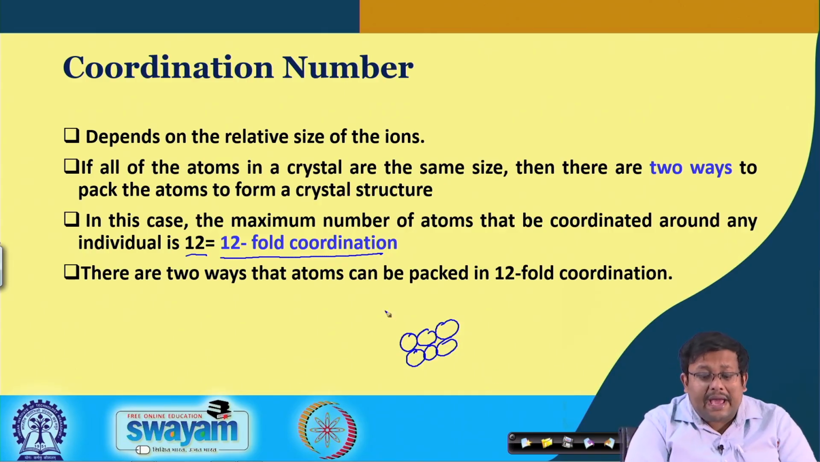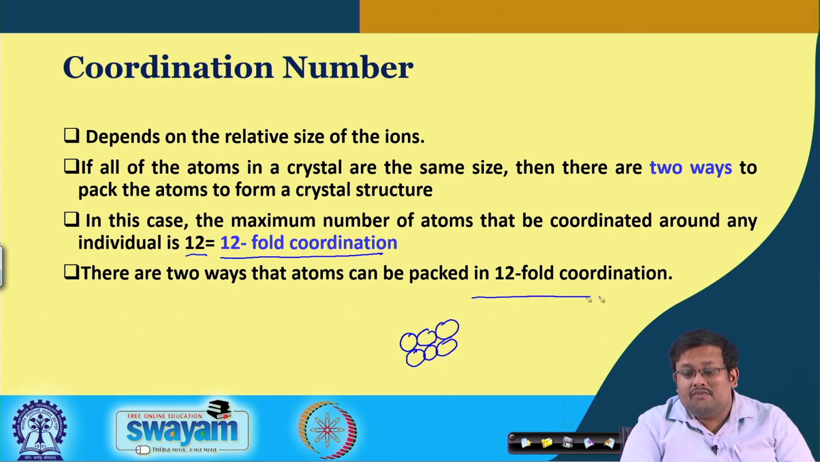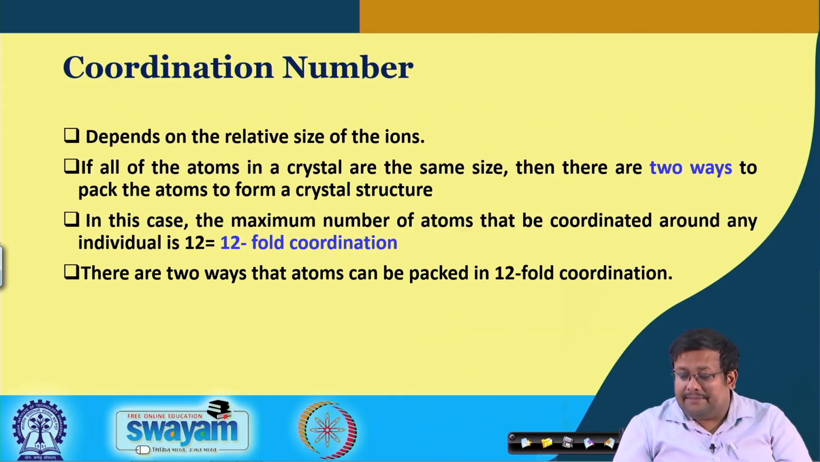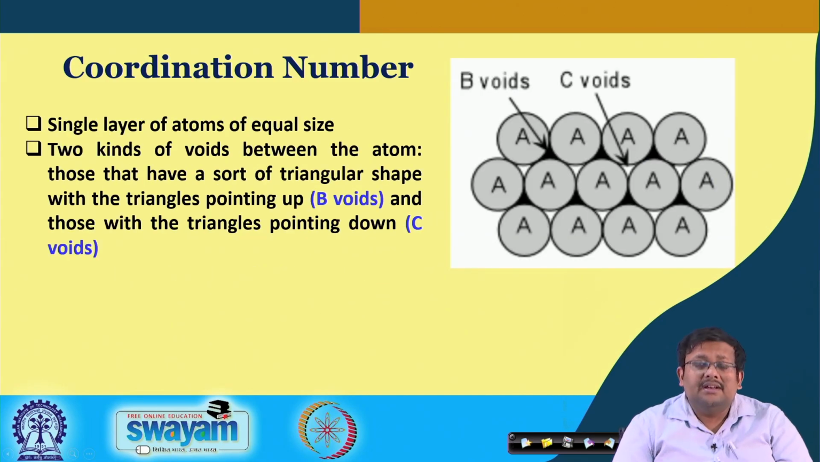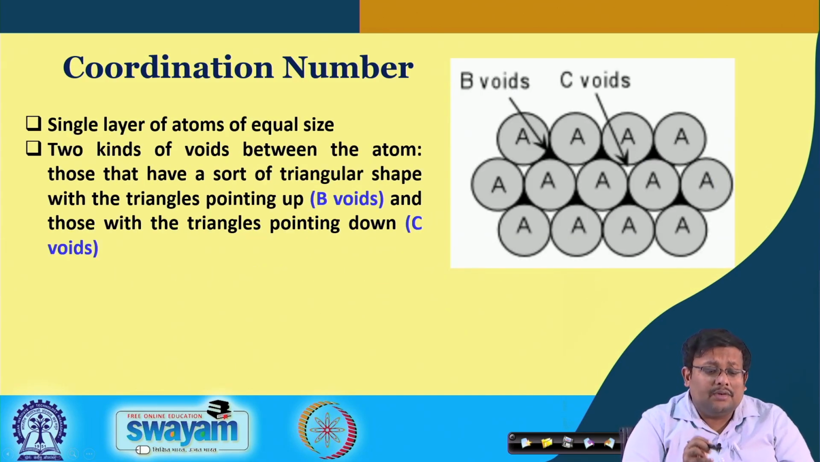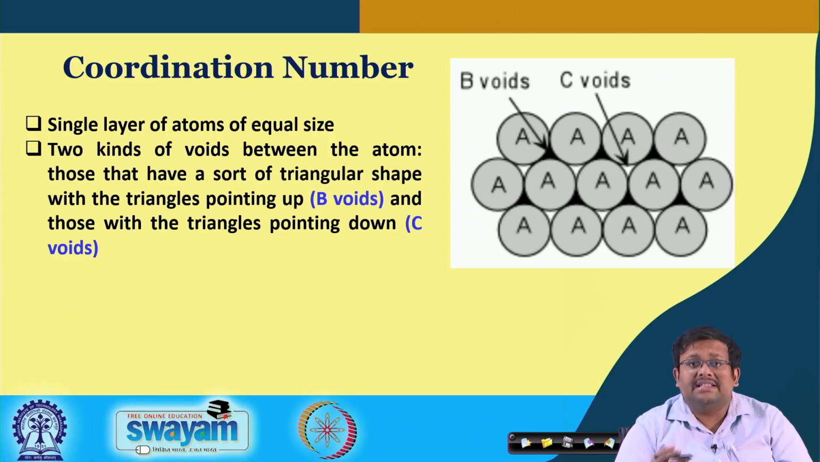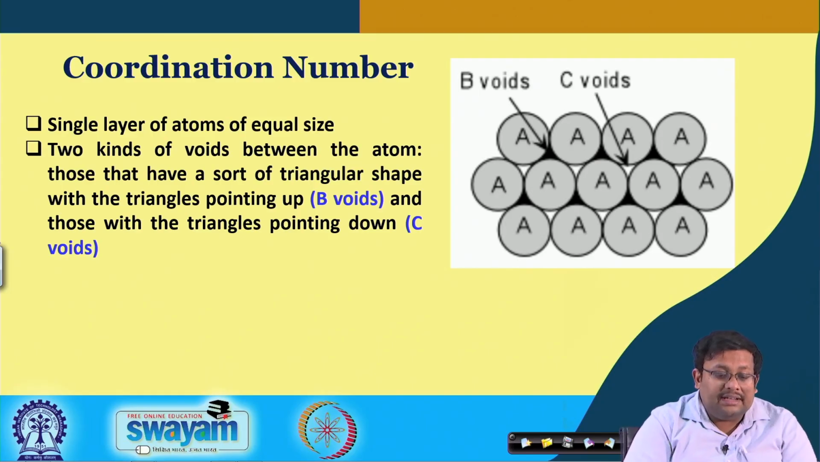Now, there are two ways that atoms can be packed in a 12-fold coordination, and we will see that. So, the first, before discussing those two ways, let us discuss another important point, that the single layer of atoms of equal size,